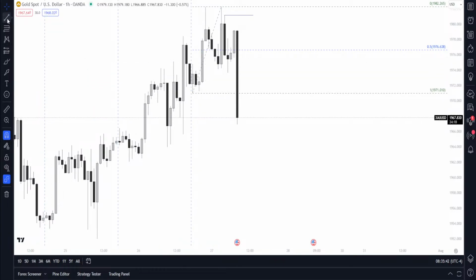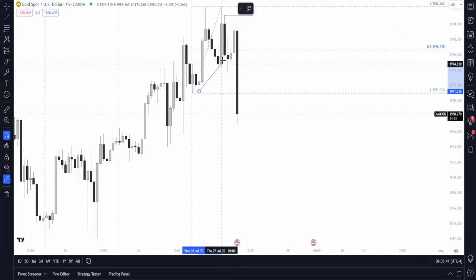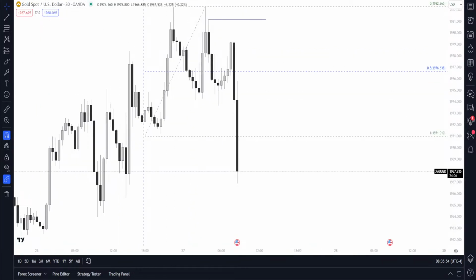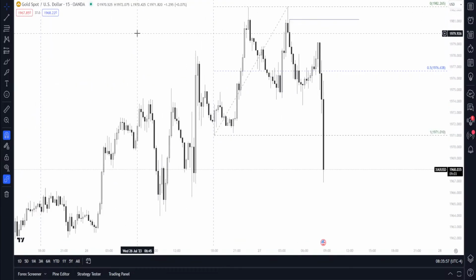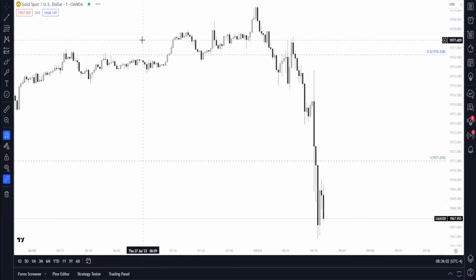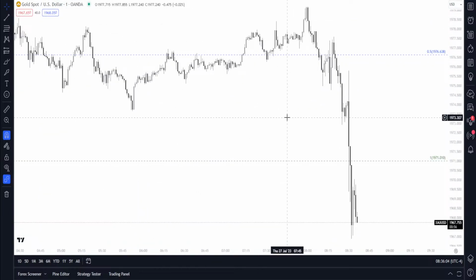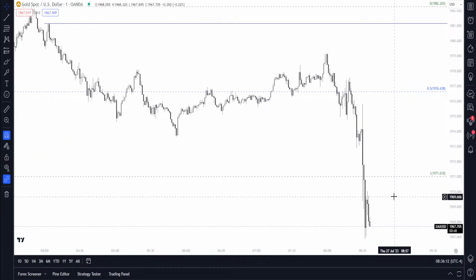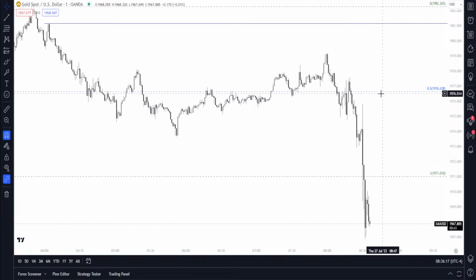So this is like the pattern we look for in the Asian session, right? Up and then down, previous low. This is where we would enter once this candle closes. 30 minutes, 15 minutes, yeah, it all looks pretty much bearish. But I do expect it to go back up. If it's going to go down, it's going to retest these areas right here, this box, this level.